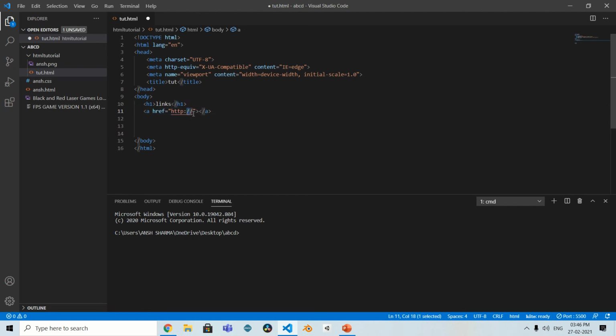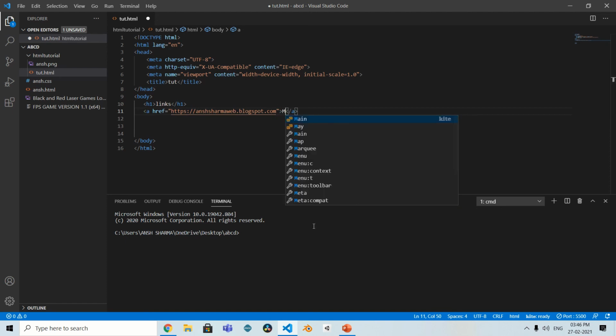Like I can type here http colon slash slash Ansh Sharma web dot blogspot.com, and my site is https,